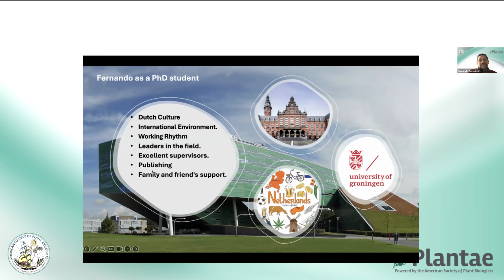But here is really good because you can put it all together and show your papers like chapters of the thesis, which I think is really useful when you go out. Also, it is nice to know that you have this family support, because when you move to a country, you need to keep in mind that you will need family and friend support, which I easily found here.